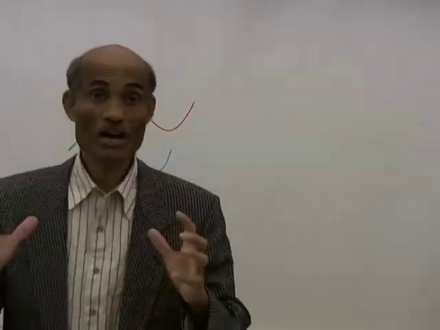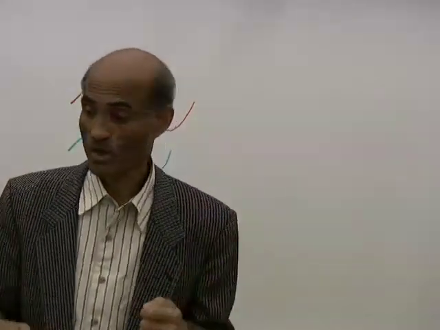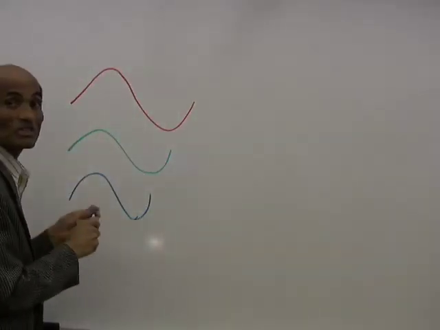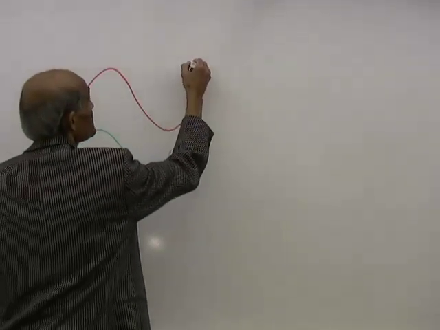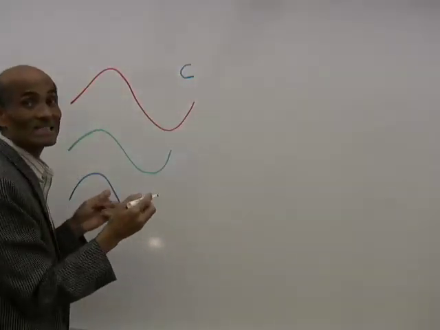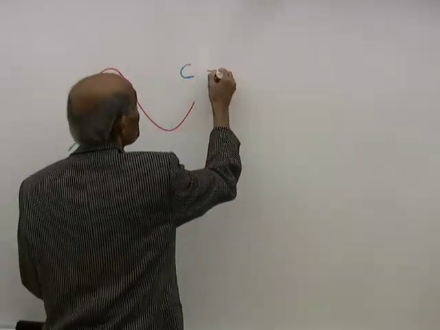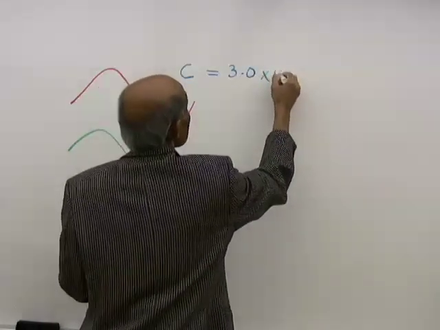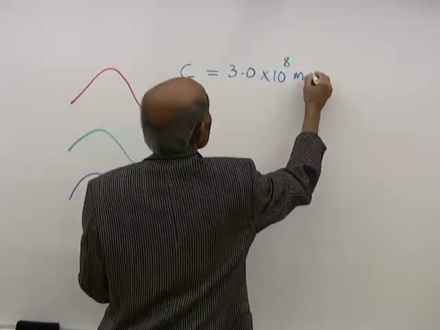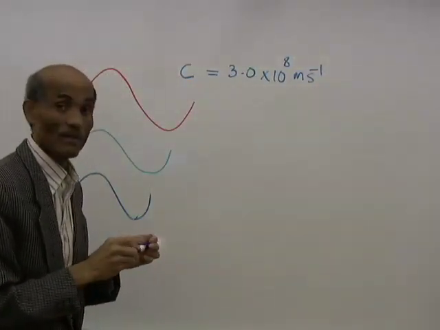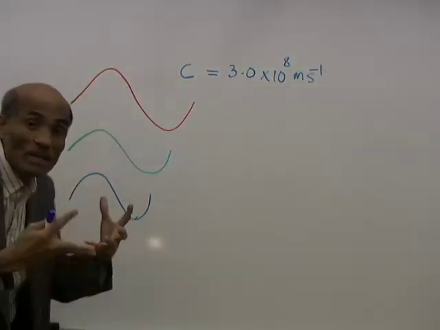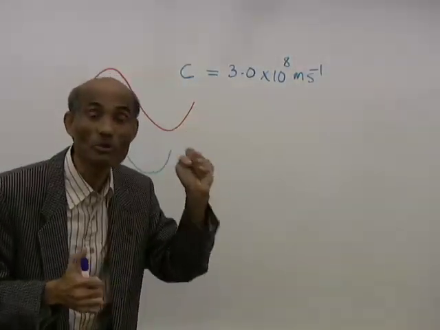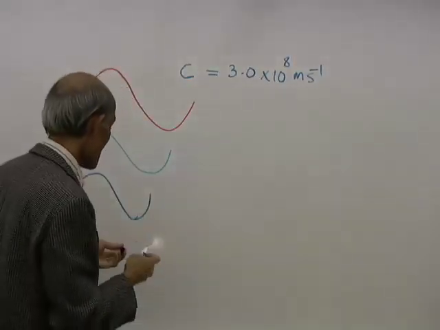And all these colors in vacuum, or for all practical purposes in the air, travel with the same speed. We represent the speed of light by the letter c, the lowercase c. And the speed of light in vacuum is 3 times 10 to the power of 8 meters per second. That means all these different waves of different wavelengths will travel with this speed in vacuum. But if you now allow